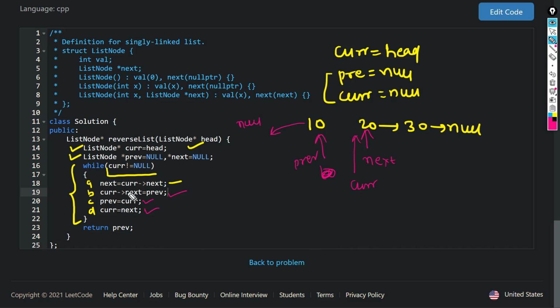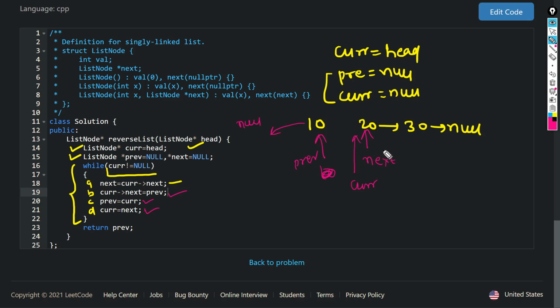After this step we are done. There is no value where current is equal to not null, so we will move to the next iteration of the while condition. The next step is similar to the previous one: next is equal to current next.